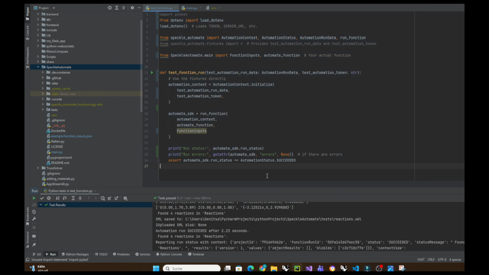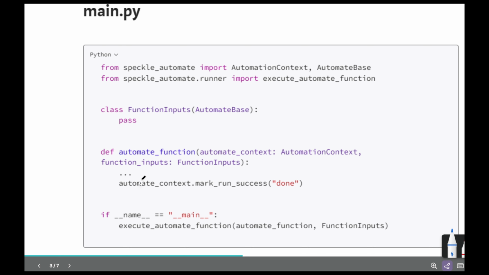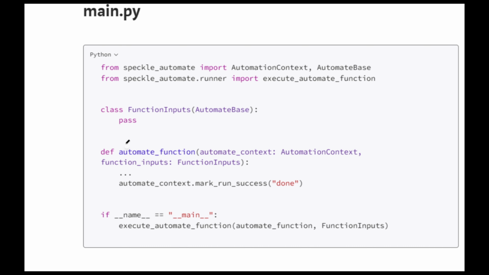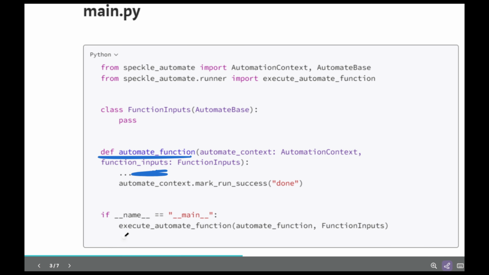I can show you further the same logic from GitHub after I cloned it. So in the main function I'm gonna have the automate function with its logic, with the data that we're going to need from Grasshopper, and I want to execute the function with these arguments,